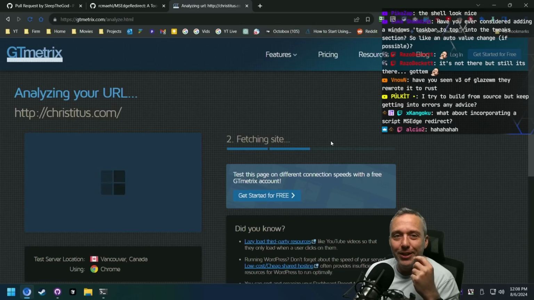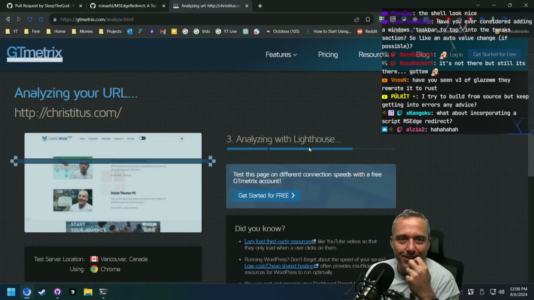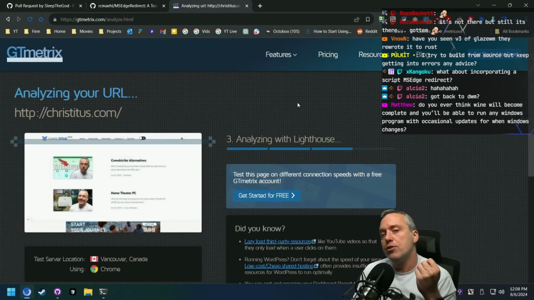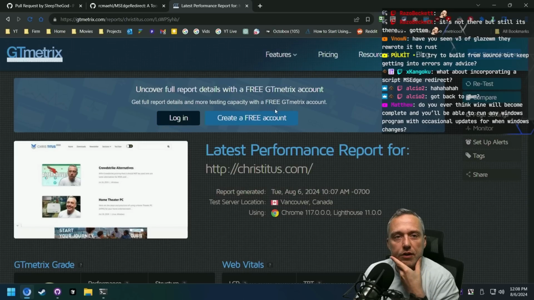They rewrote GlazeWM in Rust. Oh my gosh, that's awesome. Yeah, we could do Microsoft Edge redirect is fine, Kang, but the main issue here is what about